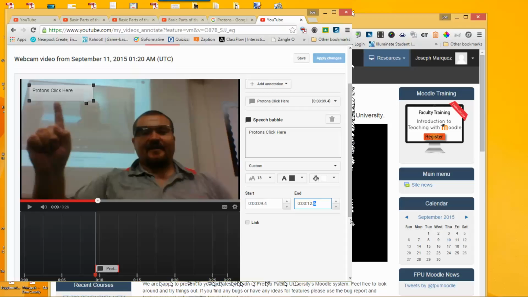Okay, I am confused there. Okay. So this tells you when the bubble appears. See this button right here where it says start? This is where the bubble appears, and this tells you when the bubble disappears. I don't want it to disappear. I want it to still stay there when I'm pointing to the other one, so they can still decide what to click on. When you put the end, you put it to the end of the video. Yes. 26. So there we go. So now it's at the end of the video.